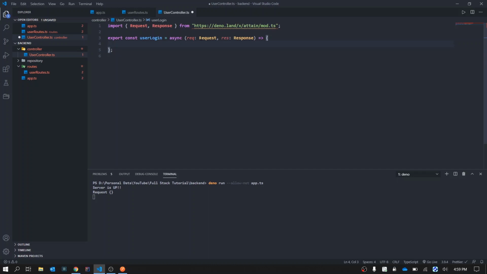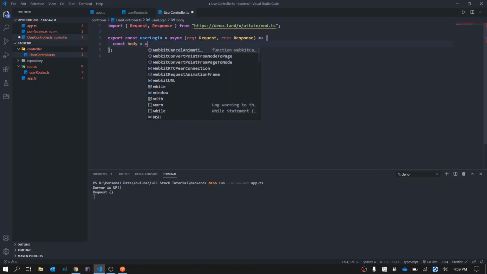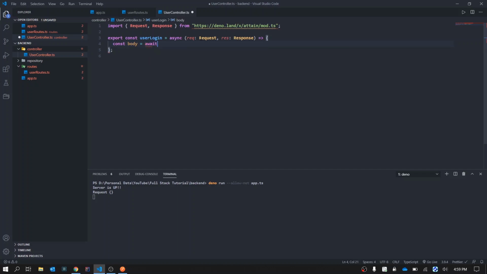So what we can say is we'll create a variable const body equal to, so now as it's an async function, we need to await till the request actually comes to that point. So we'll say await, and we'll await for the request to generate the body.